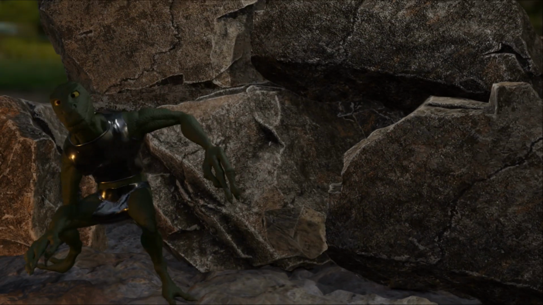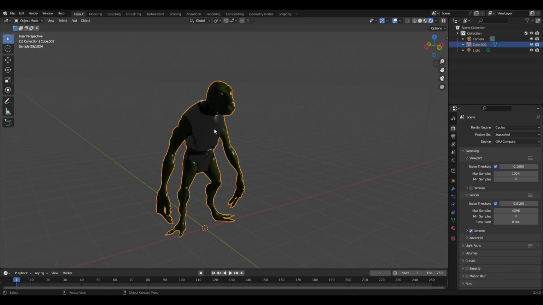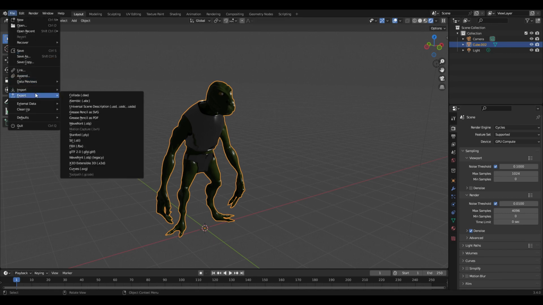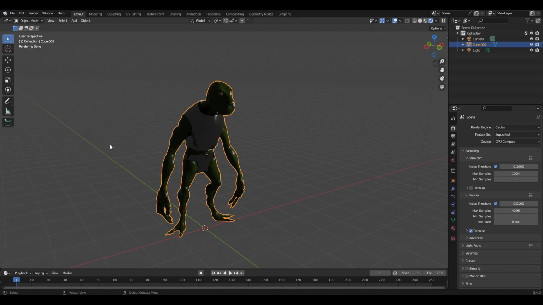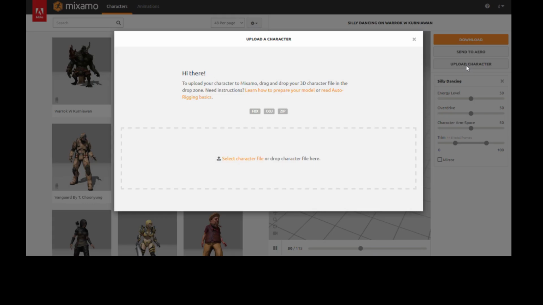Hi, I thought I'd quickly show you how to take a model that you have, maybe a character. Here I have this lizardman character, and I output an FBX of it, and then use some online tools to get a quick rigged character and some animation. The site that I used in order to do that is Mixamo, and all you need to do there is just drag and drop your FBX into their interface, and then click upload character,